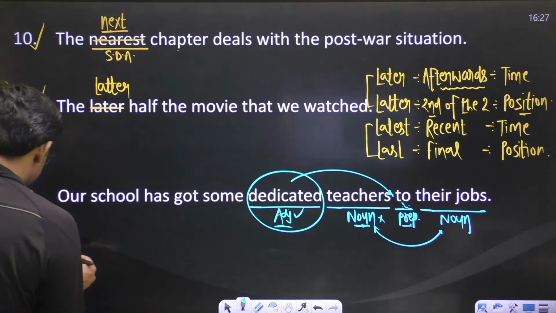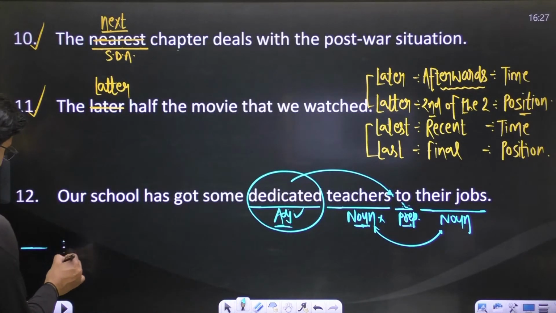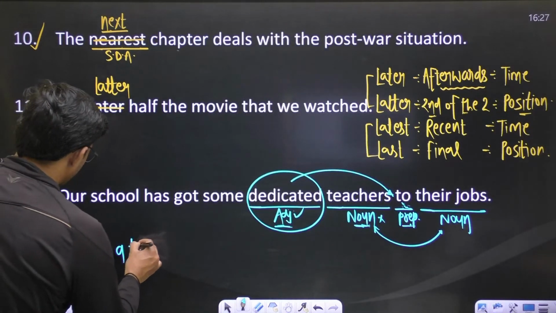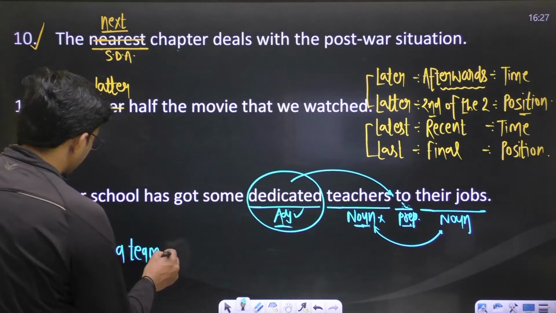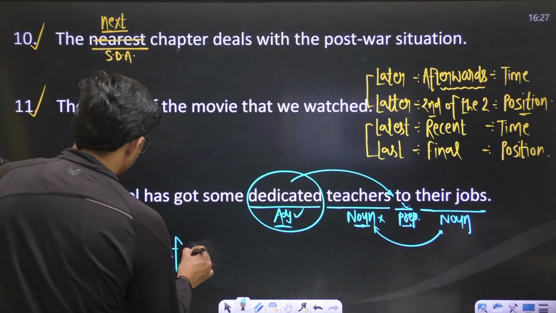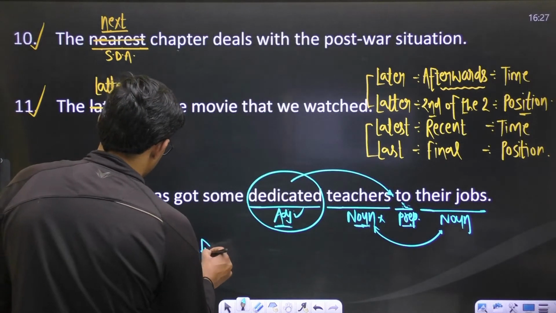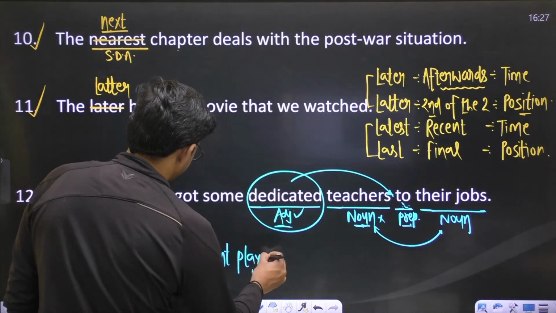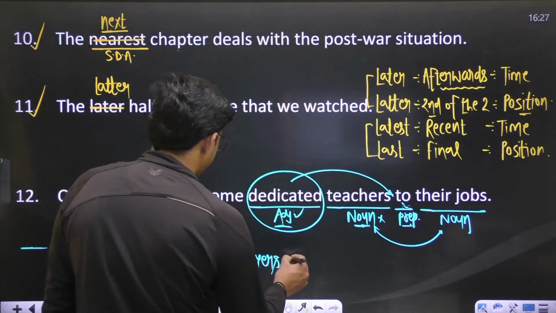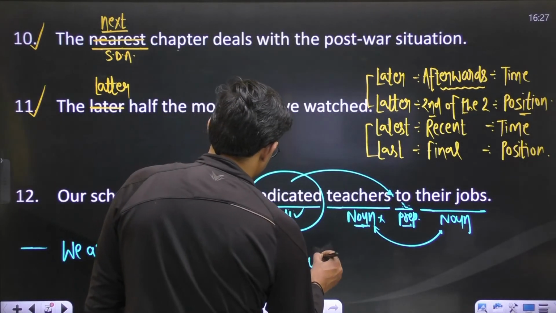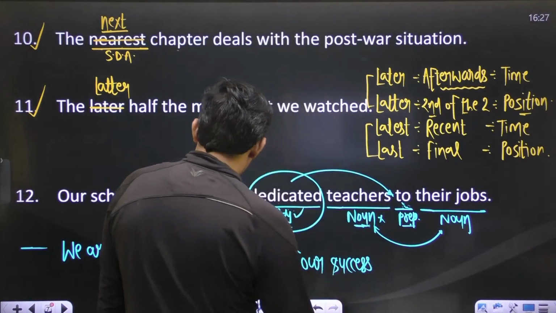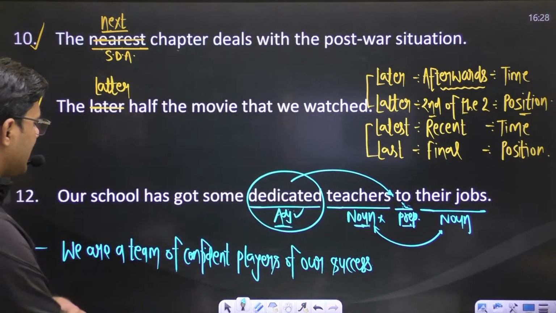For example, if I say, we are a team of confident players of our success. We are a team of confident players of our success. Okay,